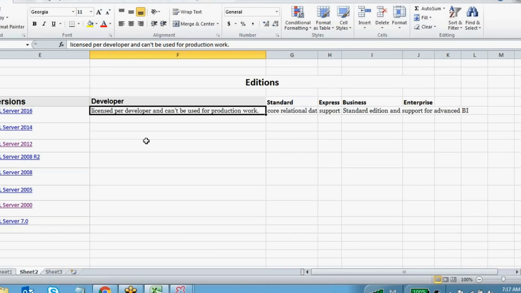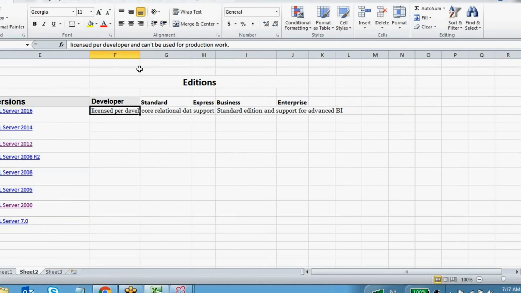In your machine you can install this one and develop. Production is nothing but a finalized data storage, and you are going to install this in your company project server.